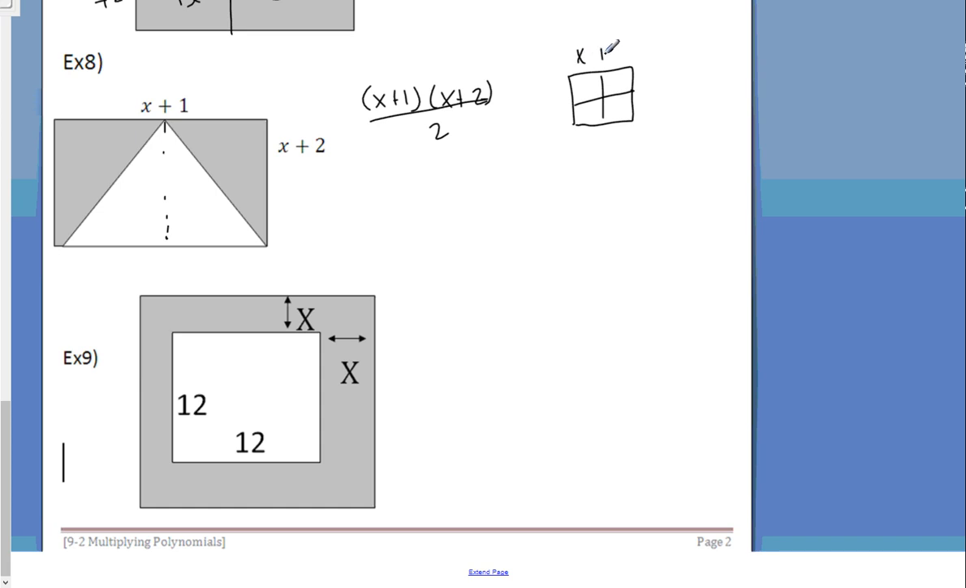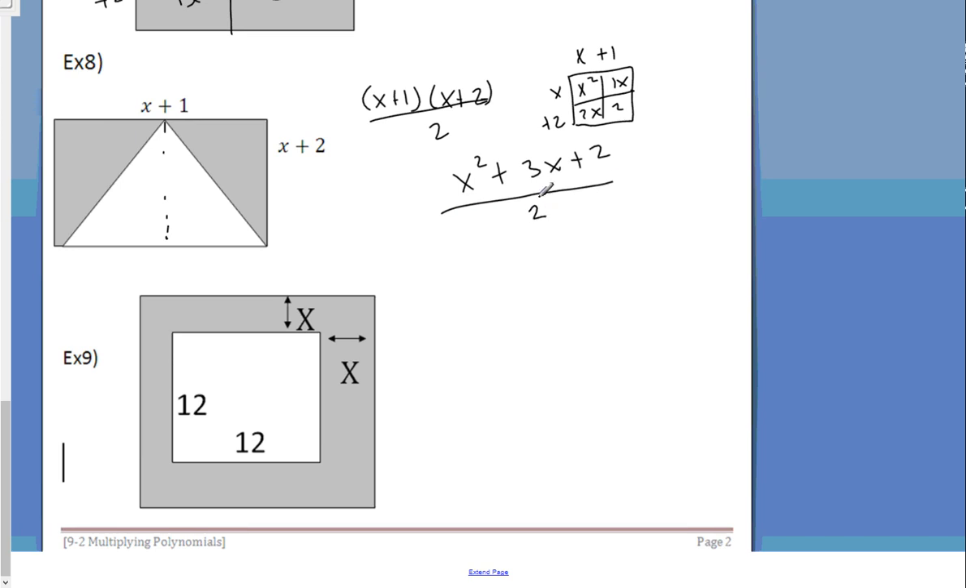Well, x plus 1, x plus 2. X times x is x squared. X times 1 is 1x. X times 2 is 2x. And 2 times 1 is 2. Right? So I get x squared plus, at the diagonal, 3x plus 2